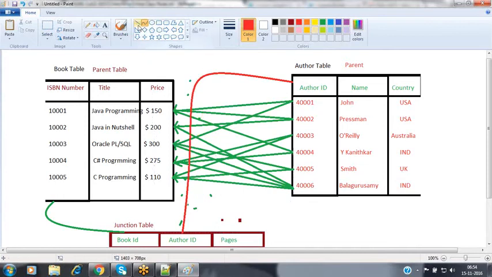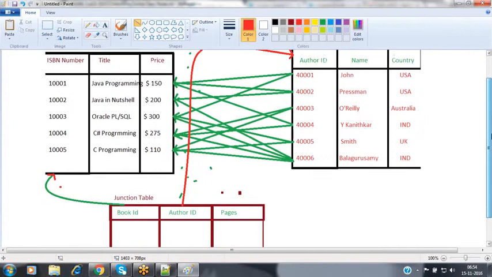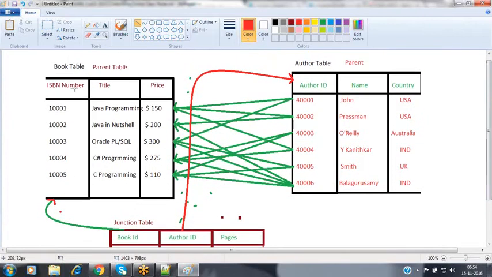Here it is going to be mapping that association. So now both should be getting associated. The book ID is associated with the ISBN number of the book table, and the other ID is associated with that other ID column of that other table.